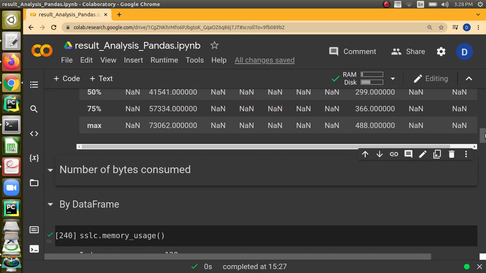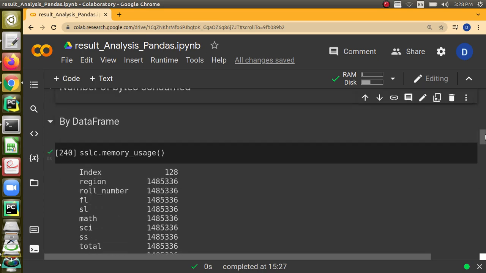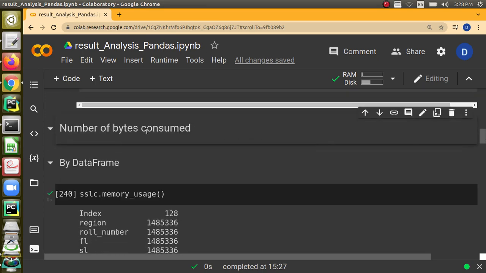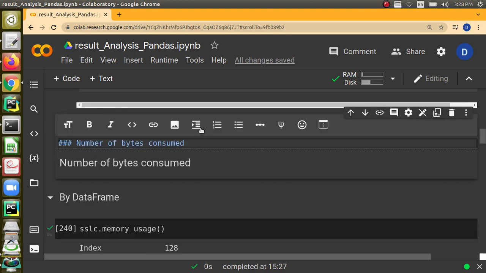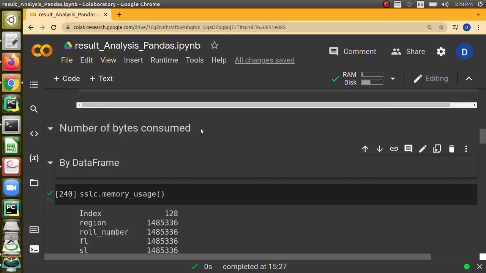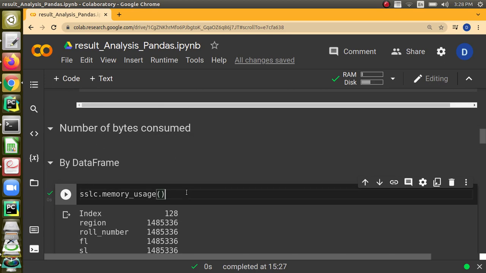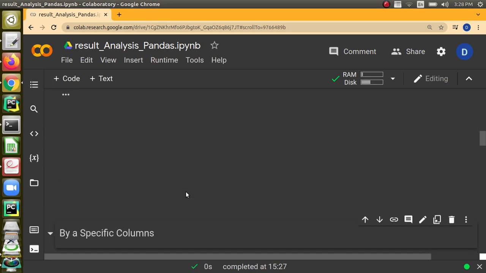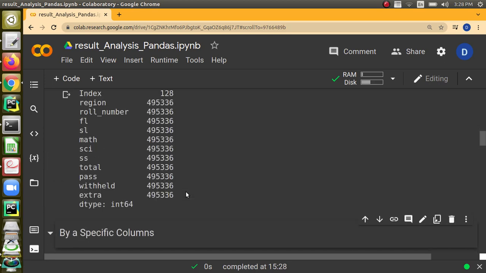Next we are going to see how many bytes are consumed by the data frame. There is an option for checking it. For the entire data frame we can just write the data frame name dot memory usage. It will tell for each field how many bytes are being used. For index it is 128 bytes because it's an integer, so only a small number of bytes are used.